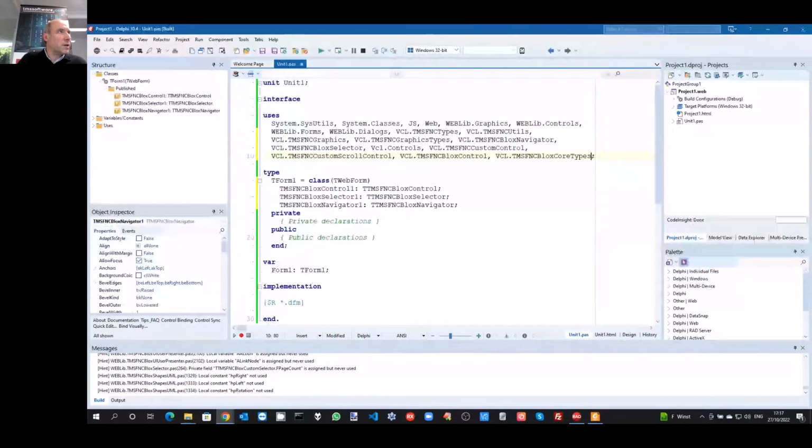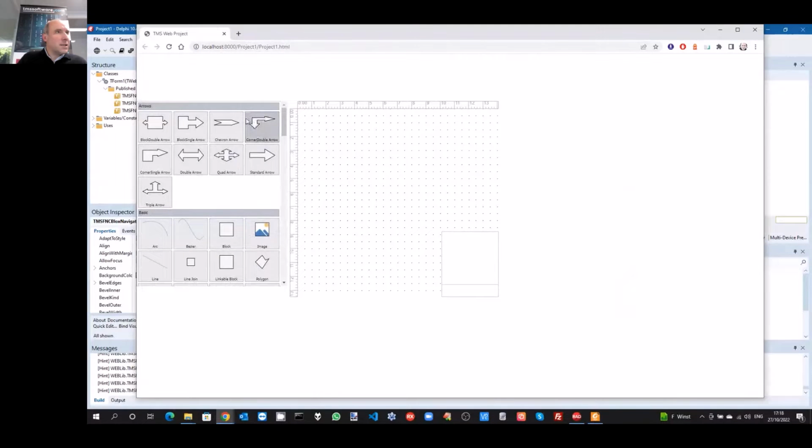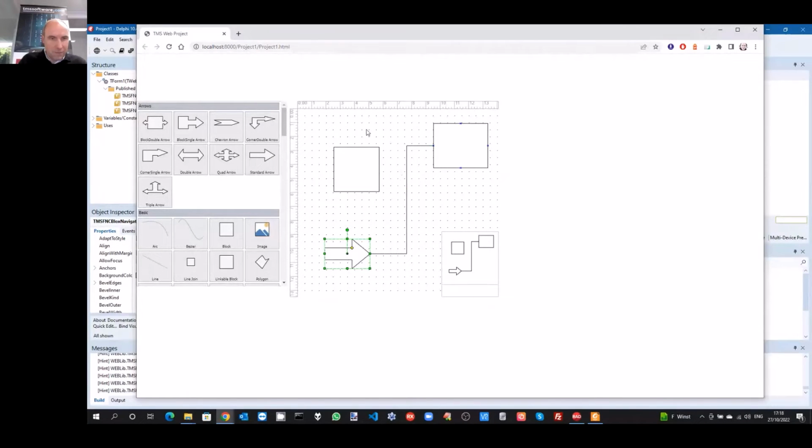The browser starts on my monitor second screen. So this is the browser where this FNC box is now available. And as you can see, I have exactly the same behavior, but now in a web application. And I can, of course, also here connect these various blocks and do these kind of manipulations now all from the web browser.